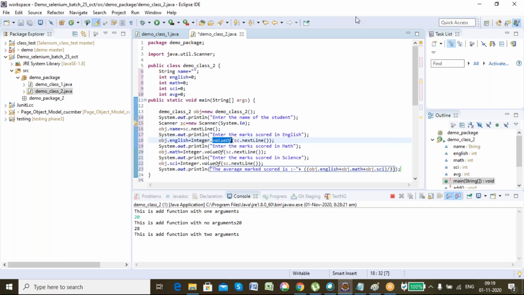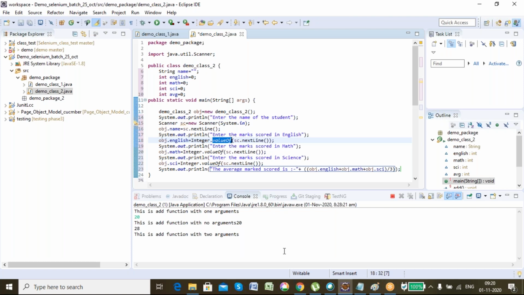This Integer.valueOf that we are giving will convert the string to an integer, right? Yes. It will convert the string to integer because sc.nextLine, even if I type 20 from the keyboard, will be taken as a string, not as int.